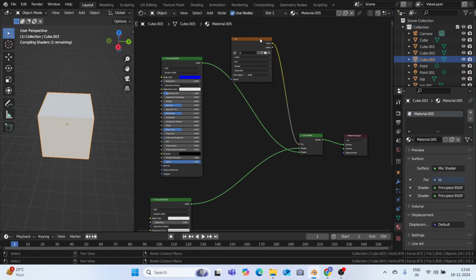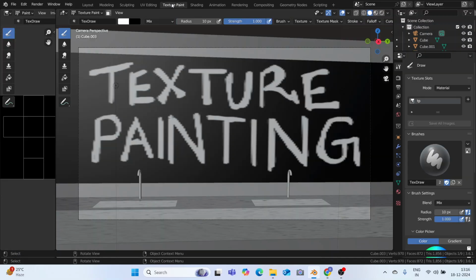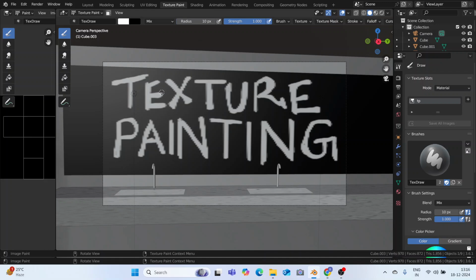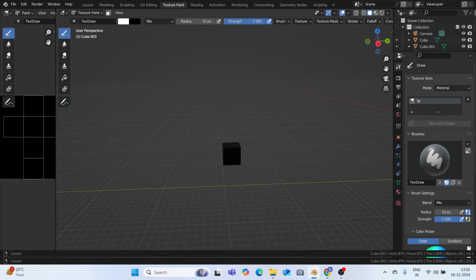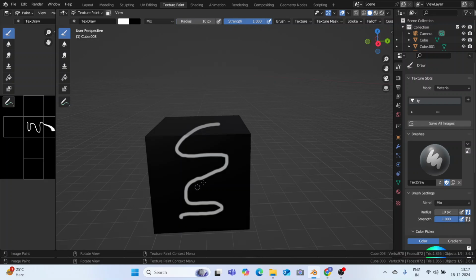Once that is done, we will simply select this image texture, and with this image texture selected, in our interface we will go to texture painting on the top that you can see. As I went to texture painting, this is actually the thumbnail that I created. So I'll go towards the cube that we are working with. You can see that it's completely black now and whatever we paint on it will be white. This is our first material, which is being represented by black. And now if we paint here, as you can see, this is white.